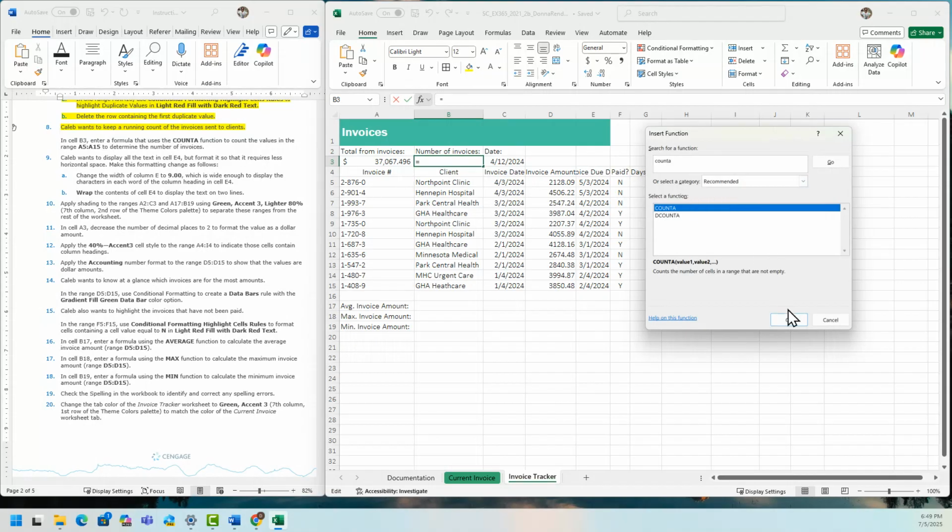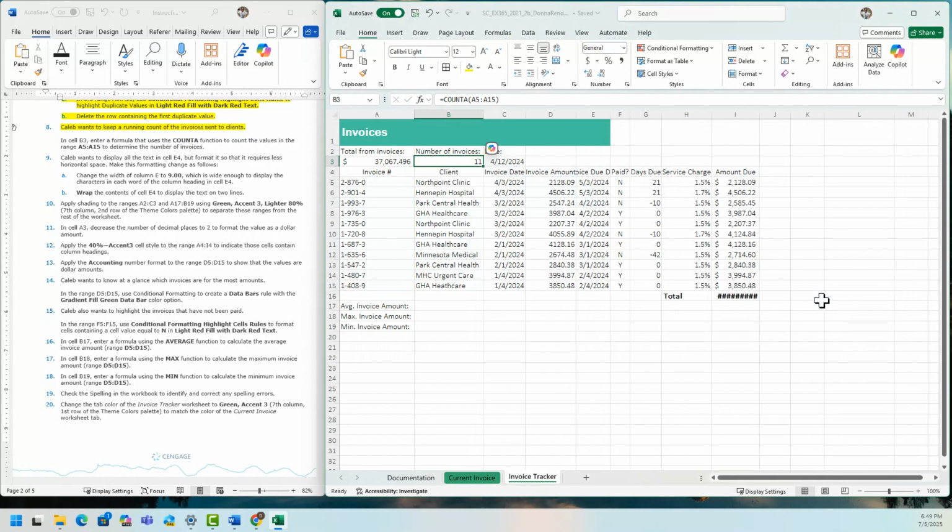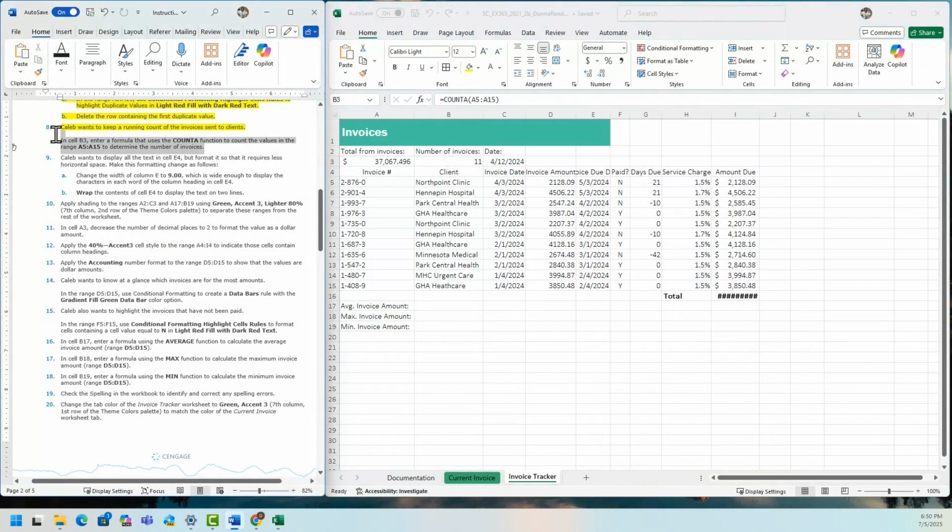There it's highlighted, so click OK, and then you're going to count A5 to A15. Click OK. So there's 11 invoices. Done with 8.